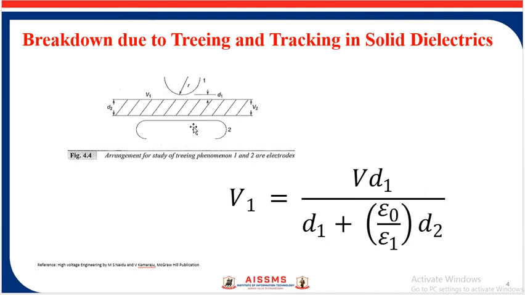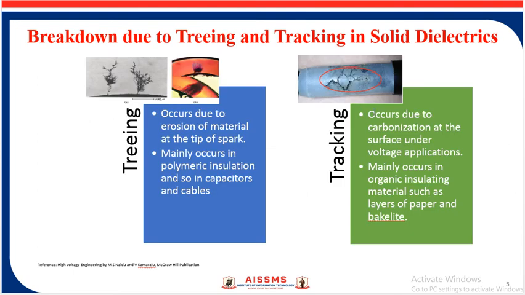With organic insulating materials such as paper and bakelite, the dielectric carbonizes at the region of the sparking, and the carbonized region acts as a permanent conducting channel, resulting in increased stress over the rest of the region. This is a cumulative process, and insulation failure occurs when the carbonized track bridges the distance between the electrodes. This phenomenon is called tracking and is common between the layers of bakelite, paper and similar dielectrics built of laminates.